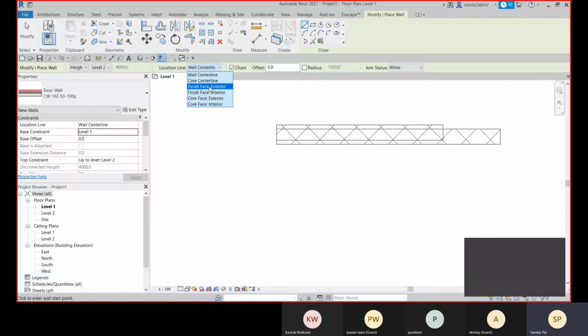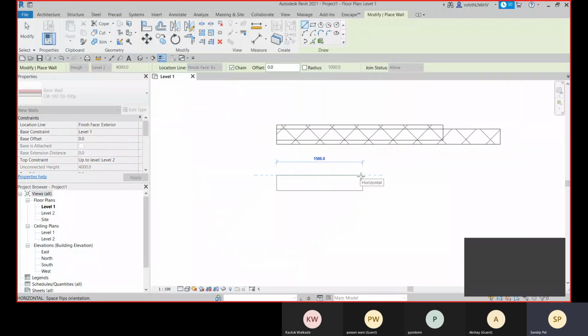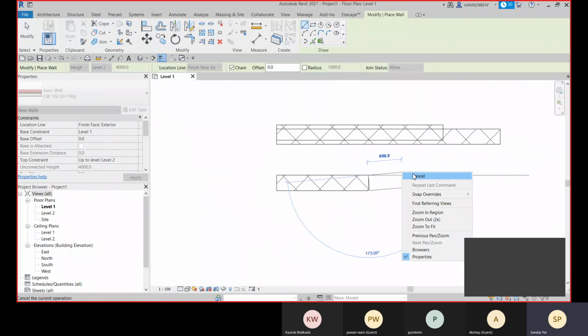And we have this finish face exterior, the outermost surface, and that is the exterior side. And we have this finish face interior.